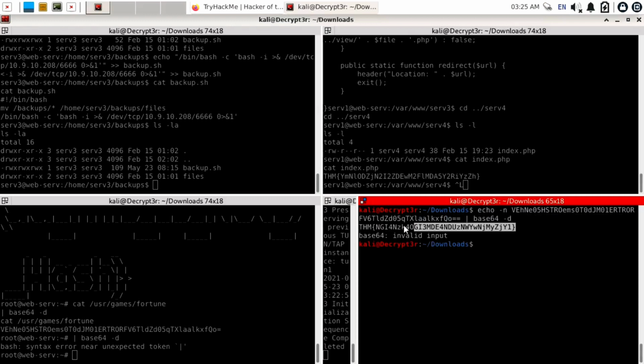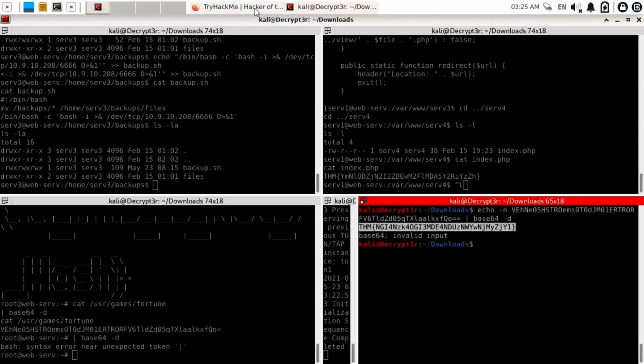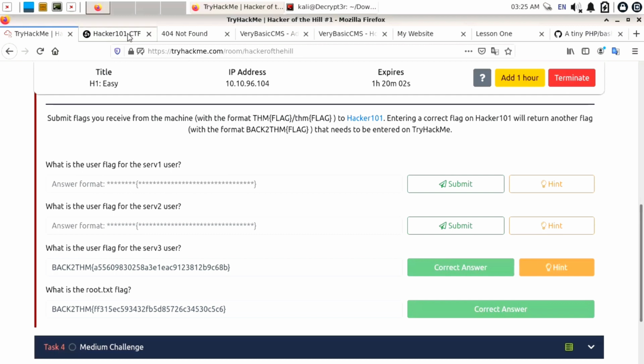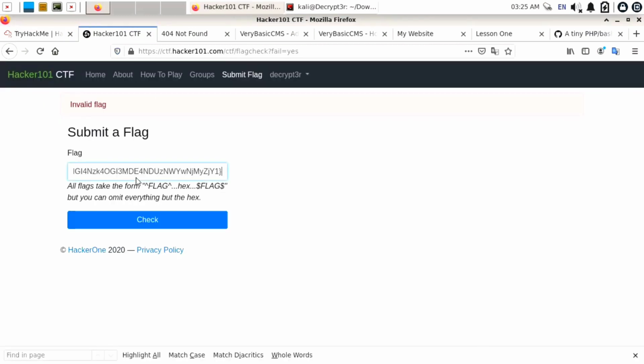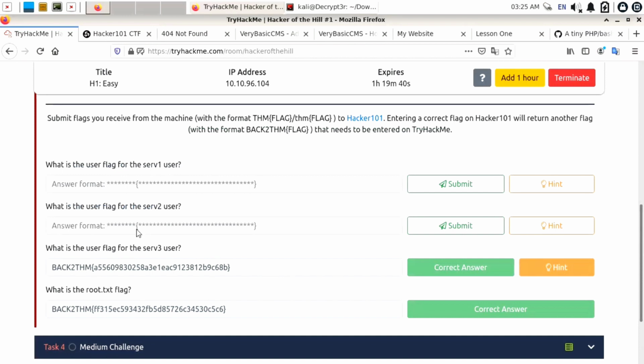Now copy this flag, open a web browser, open the Hacker101 CTF challenge and submit the flag. Click on check, and this is our back to THM flag. Now copy this back to THM flag, Ctrl+C, open TryHackMe, paste it into answer 1 and submit this.